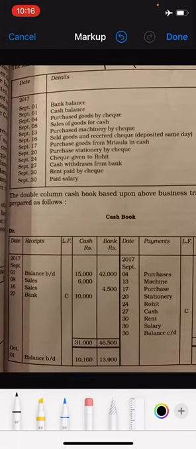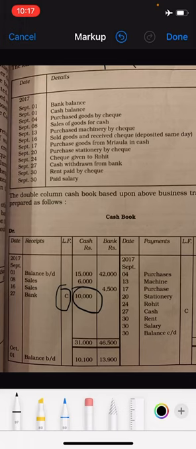On the debit side, because your journal entry is cash account debited to bank account, cash account is debited. So on the debit side of your cash book, you have to write bank, and in the LF column you have to write C. And in your cash column you have to write 10,000. Is that clear?